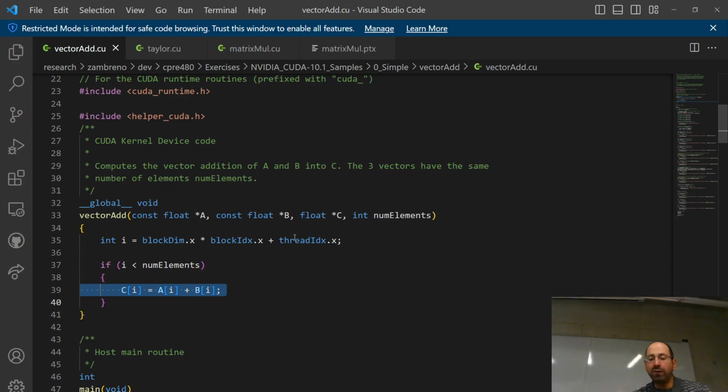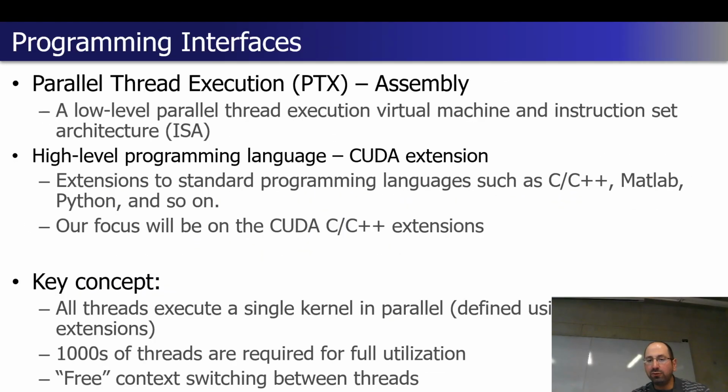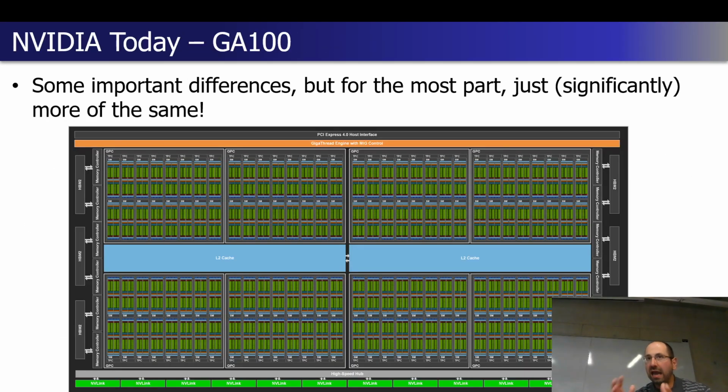We get these benefits by limiting what our cores are basically capable of doing independently from each other, and then we get those benefits by scaling up to a very, very large number of those cores. If your task matches that, you're going to get really impressive speedups by doing it in CUDA.